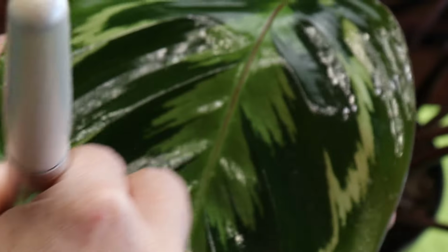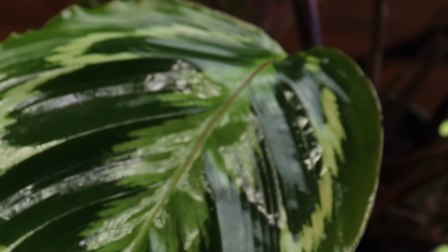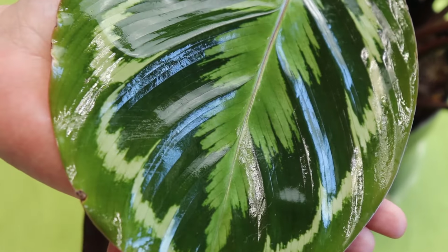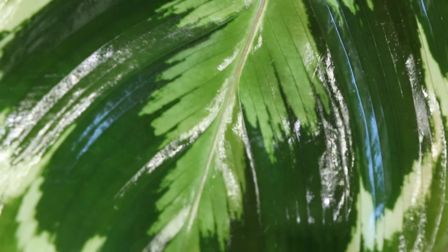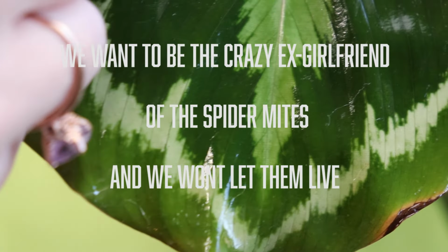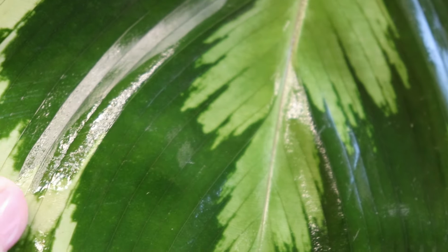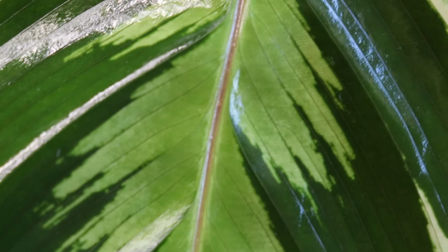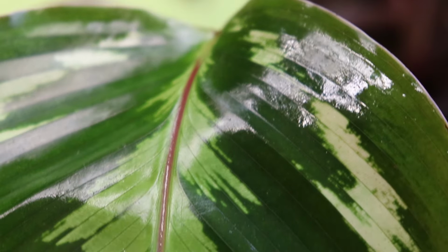And we are gonna make sure that there are no spider mites on the top of this leaf. You can even get a close-up look. What we're looking for is like scorched earth policy here. We're looking to destroy their homes, and their homes lie in these very shallow portions of the leaf bit. So once you do this on the top and bottom portion of the leaf, there's nowhere left for them to